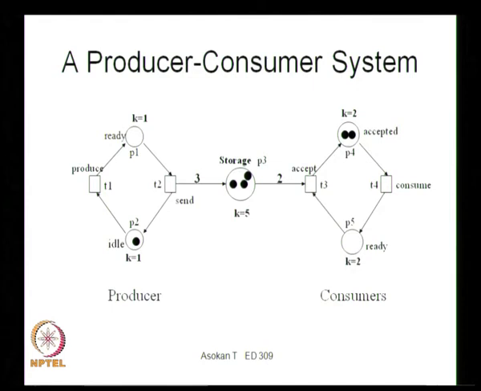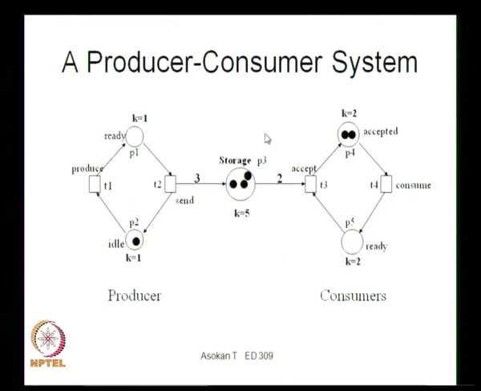So here the place values are given, so that is one important point about this particular Petri net. You can see the place values, there is one producer that produces 3 items, so that is the place value here. Whenever he sends 3 items, so this is the 3 value, and then from sending, accepting only 2 can be accepted, so that is why you have 2 as the place value. This actually shows that the number of tokens to be handed or moved is equal to the value of k shown here. So 2 will be transferred, and then you will have the accepted also, you can have accepted 2 and that will be consumed, and then the consumer will come back.